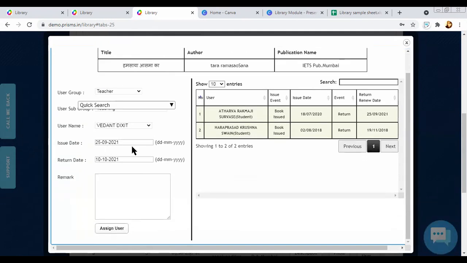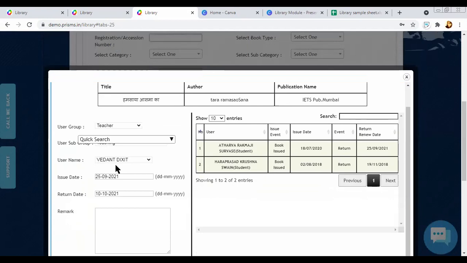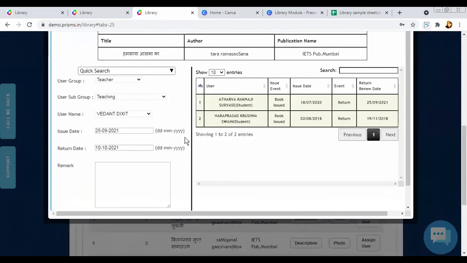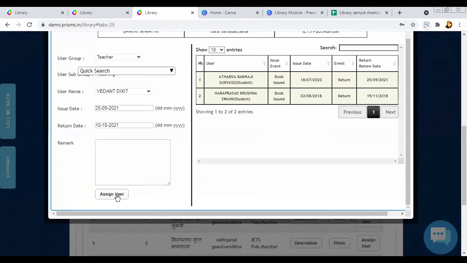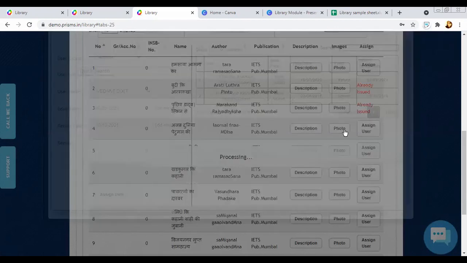Yes. So I can select the user type as teacher and then the subgroup and name. The same way it will be assigned to the user, the same way we did for student.